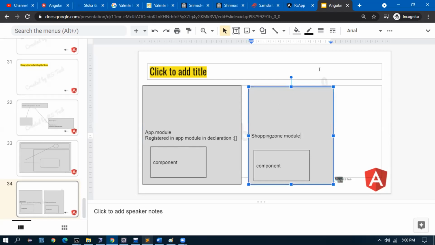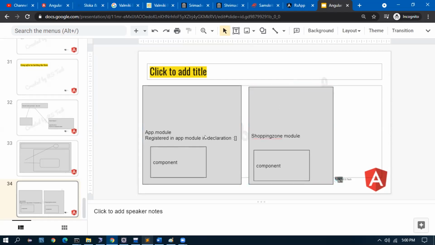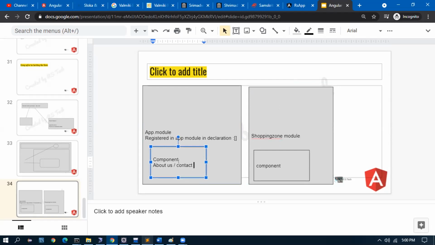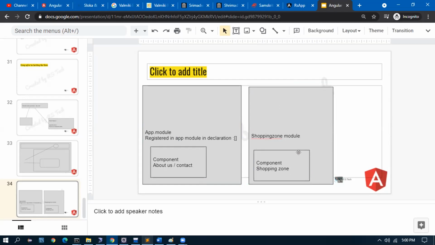We retain about us and contact us in the app module, but the shopping zone component, which was in the app module, is cut and moved to a separate module.